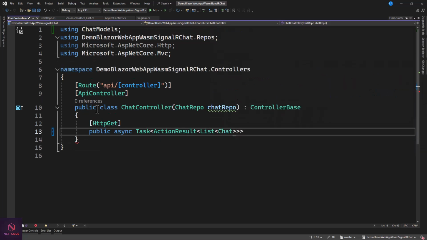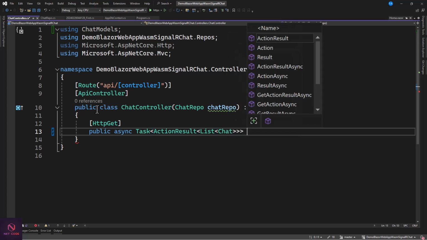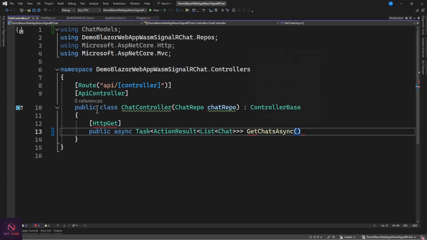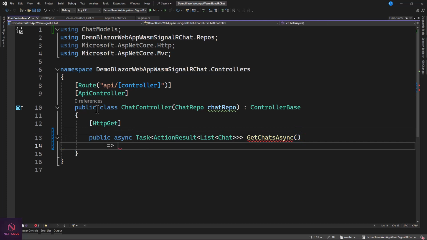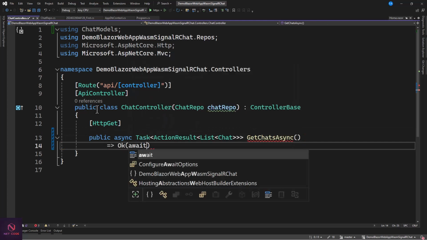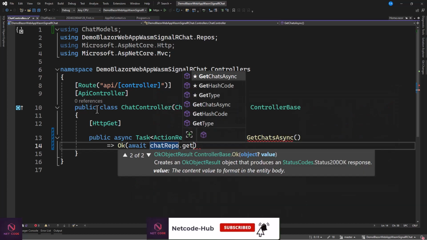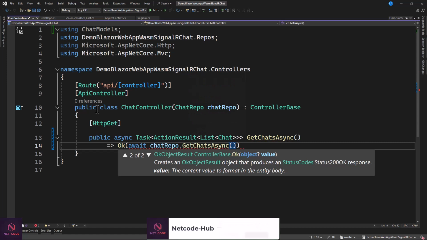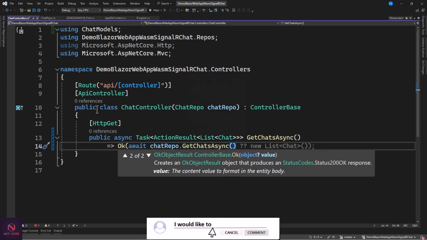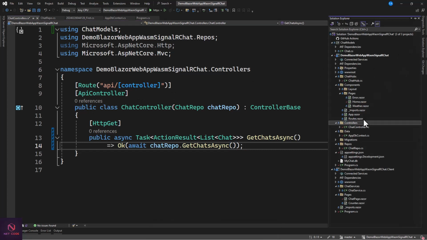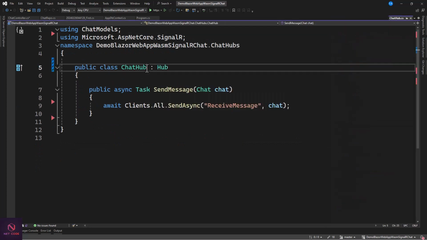So in this we can have a look at GetChats. GetChatsAsync, whereby this maps up to Ok, then await chatRepo.GetChatAsync. This is what we are doing. Very simple. Now in order to save the chat, let's go to the NetcodeHub, and in here let's inject